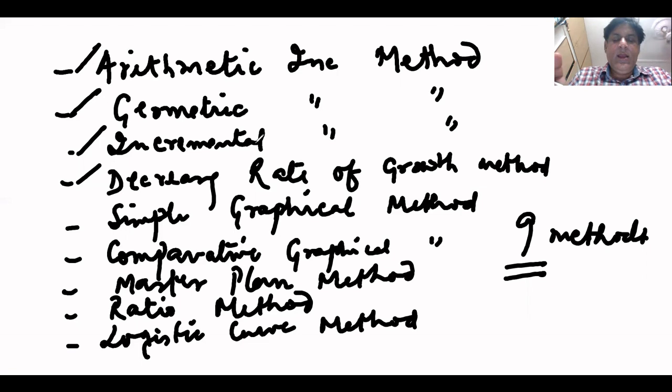iteration method. Master plan method or zoning method: it is the master plan, the number of residences which are coming up multiplied by the inhabitants, and you get the future population. In the ratio method, you take the ratio of the particular city's population with respect to the population of the country, and you plot a graph. The population of the country, say after 10 years, is forecasted by the Census of India, and you calculate the future population of that city, right?